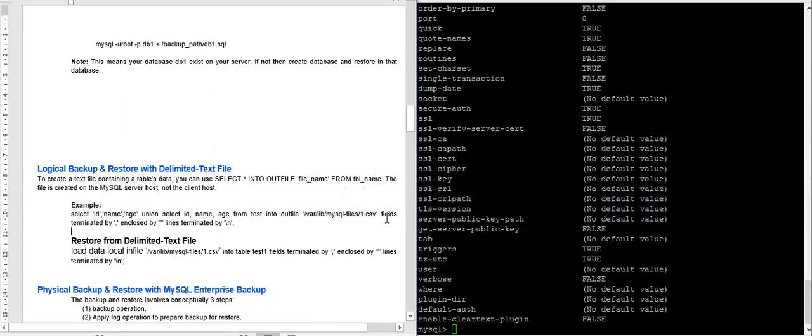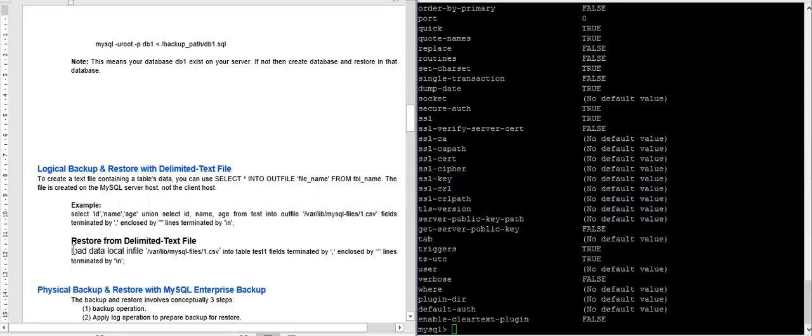The delimiter is a comma, and these records are enclosed by double quotes, and lines are terminated by a newline. So you can take backup of your one table and write it to one file. Okay, we'll see it practically also, the physical file, how it generated the CSV file.